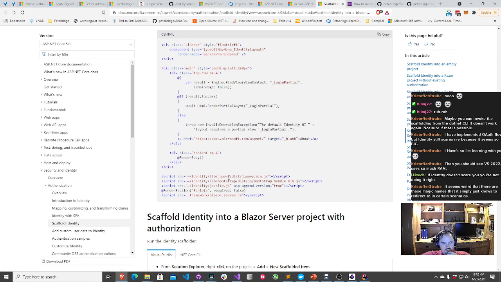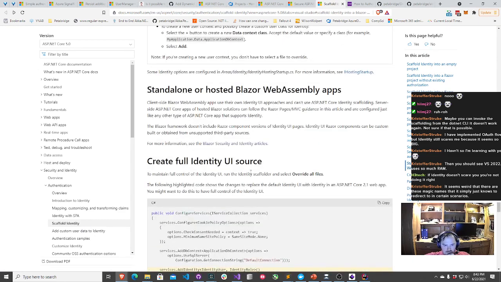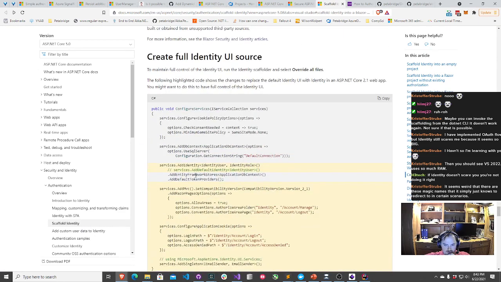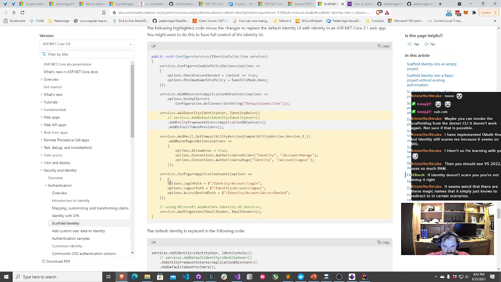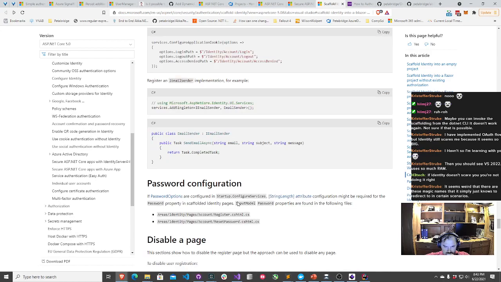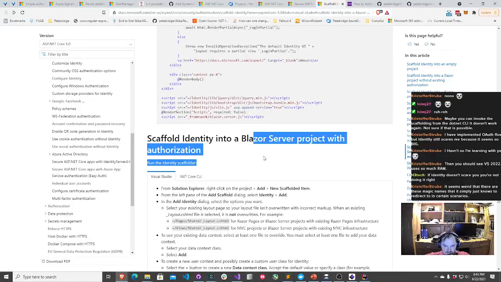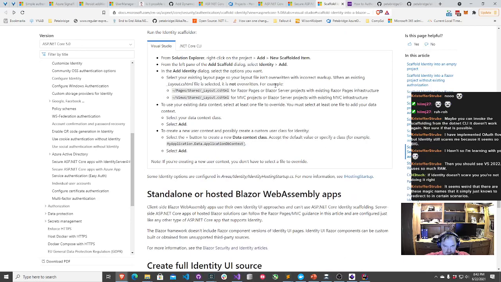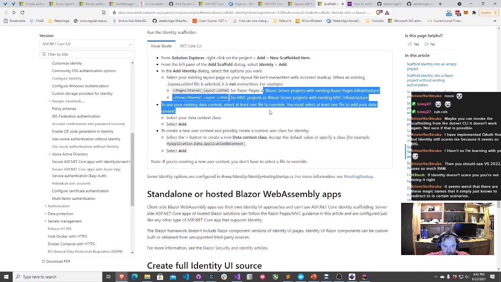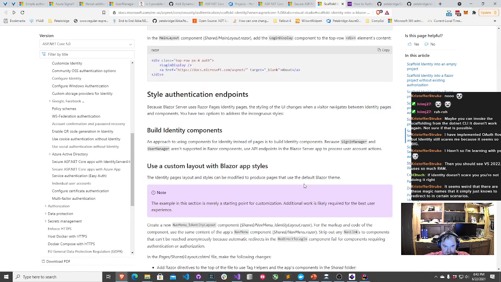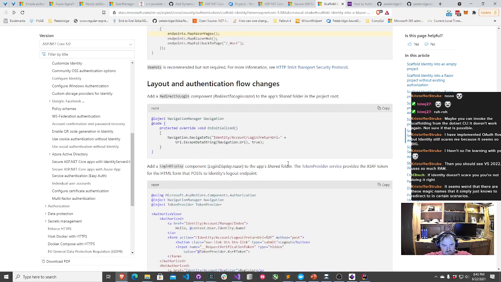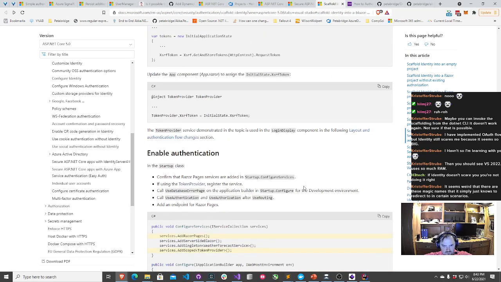Create the full identity UI source. Disable a page. Yeah, where's this token provider stuff?